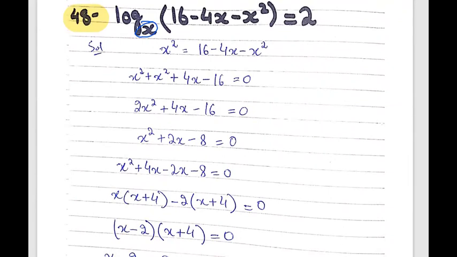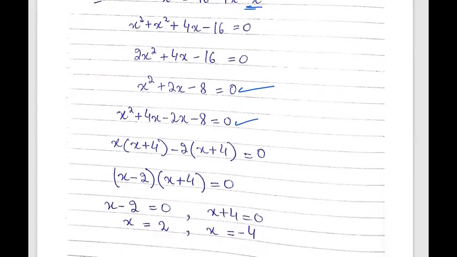We convert this into a standard form, substitute, minus x2 on the left side will be plus x2, x raised to power 2 plus 4x minus 16, and simply take 2 common from this side. We get this one, factorize this equation, make the factors of this equation, and we get the answer 2